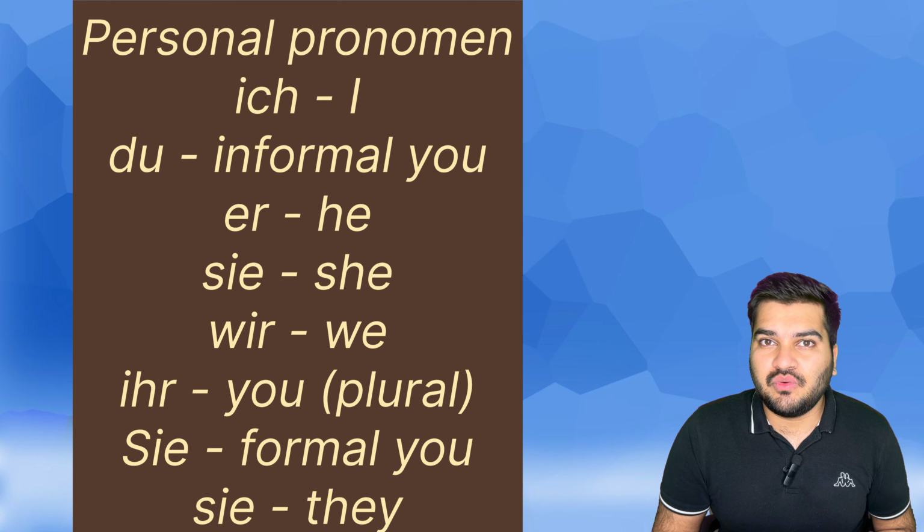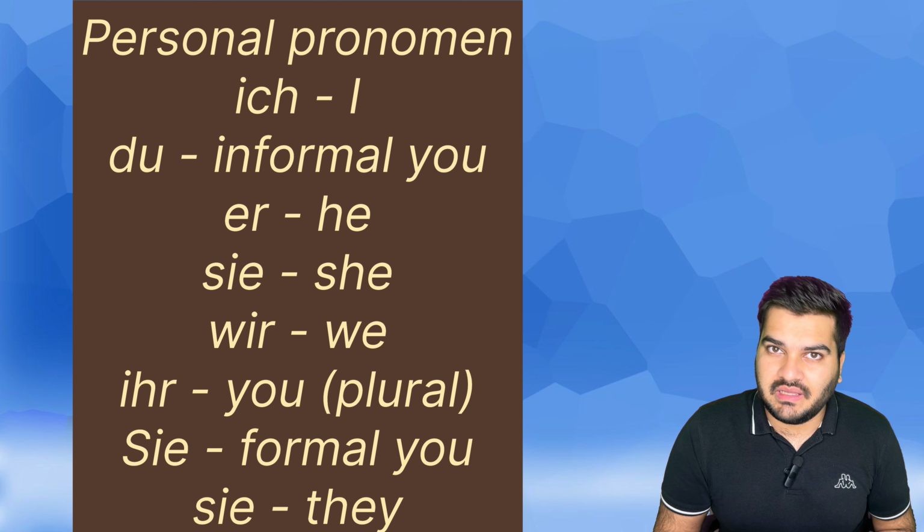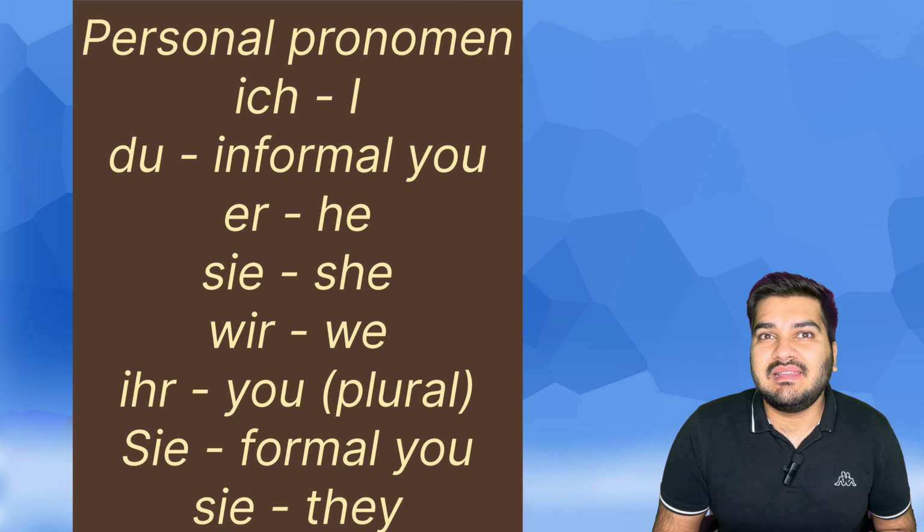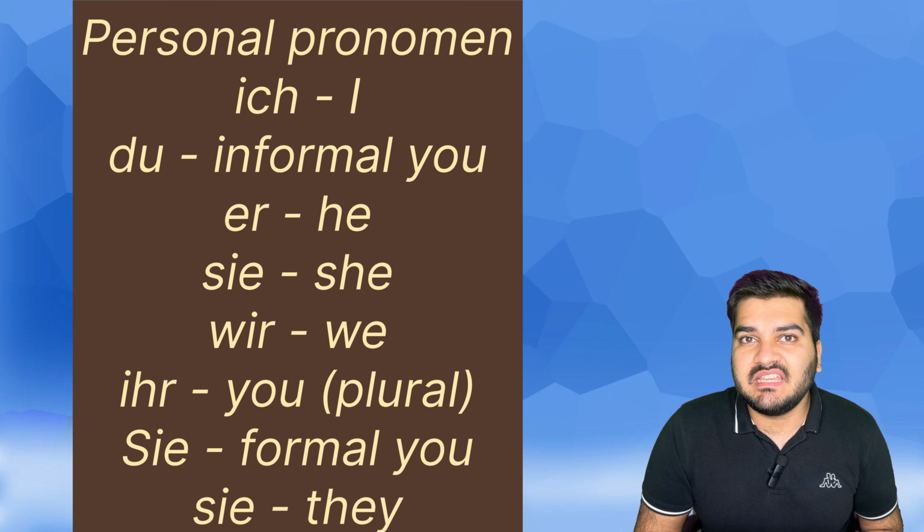So the very first pronoun or Pronomen is ich. Now some people call it ish, some people call it ich. In both the cases, ich or ish means I, and both are correct. I personally call it ich. Second is du. Now du is informal. Er is he, sie is she, es is it, wir is we or we all, ihr is you, but it